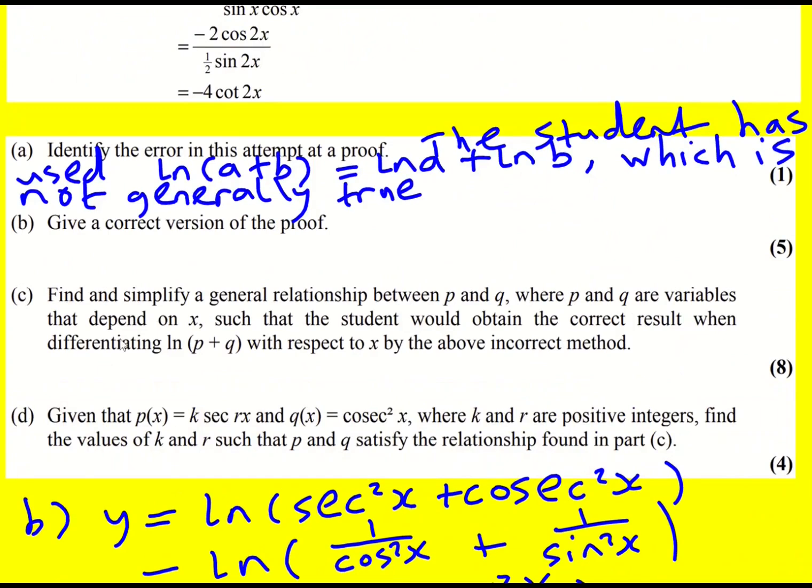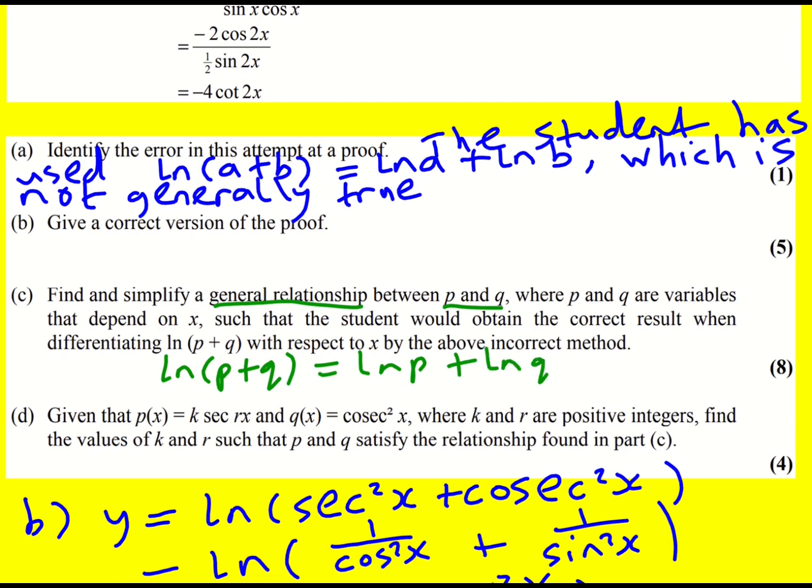Okay, looking at part C now, find and simplify a general relationship between P and Q, where P and Q are essentially functions of x, such that the student would obtain the correct result when differentiating ln(P plus Q) with respect to x by using the incorrect method. So, using the fact that ln(P plus Q)